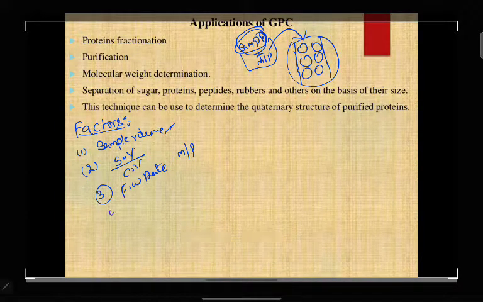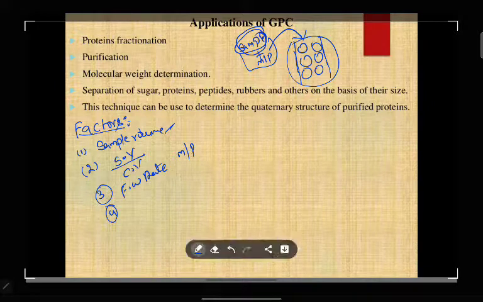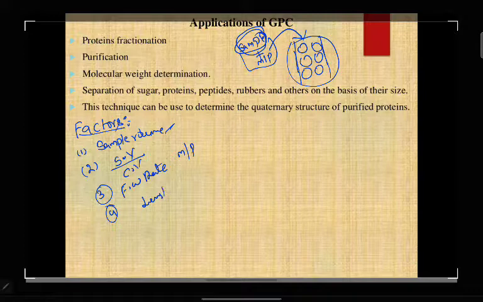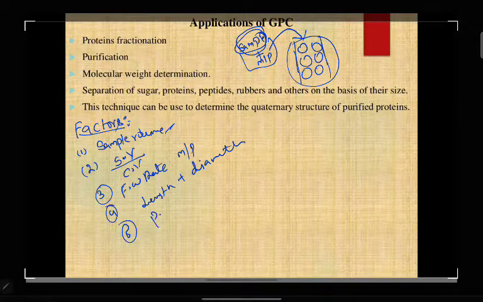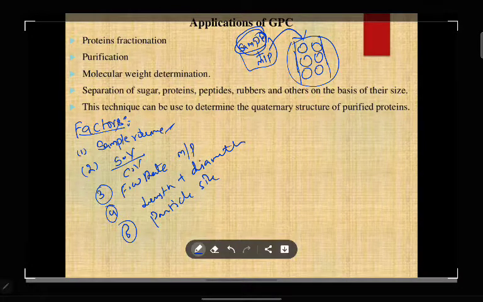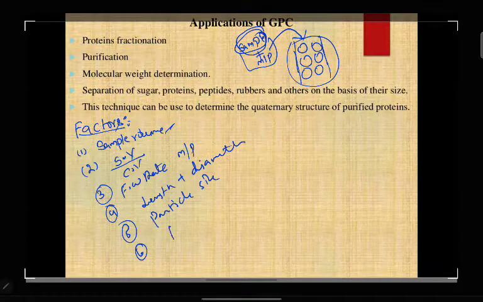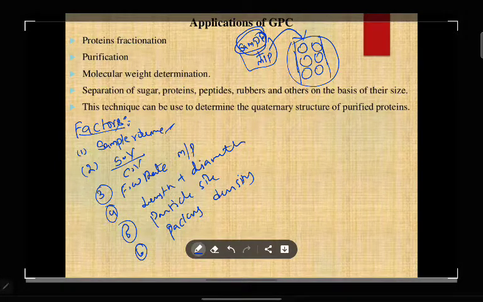Then the fourth factor, column dimension, I mean the length and diameter of your column. Then the fifth one, particle size of the column. Then packing density.